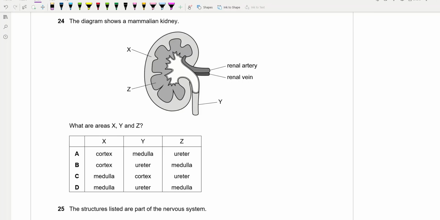Question number 24. The diagram shows a mammalian kidney. What are areas X, Y, and Z? The area X is the cortex and the area Z is the medulla. The area Y is the ureter. So the answer would be option B, as X is the cortex, Y is the ureter, and Z is the